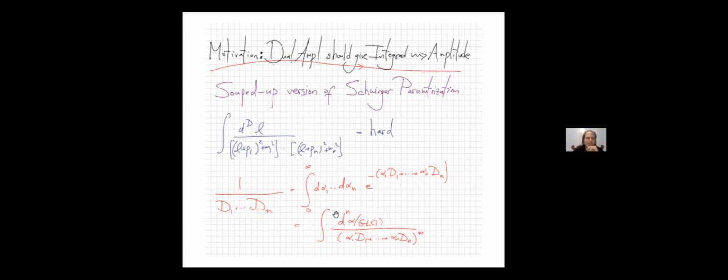So let me try to explain what I mean by that. When we begin teaching how to do loop integrals, and we hand someone a loop integral that looks like this, it looks hard. Okay, so we don't know how to do this loop integral. But following Schwinger, we Schwinger parameterize all of the propagators. So in general, we can do it with any denominators D. We write them in this exponential form.